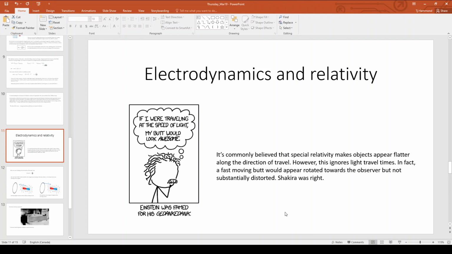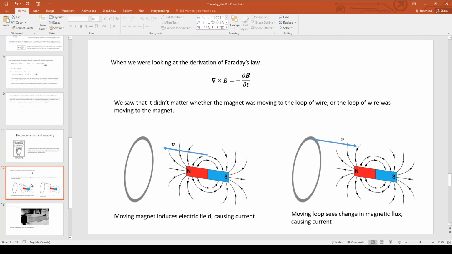Welcome back. Now we'll be moving on to electrodynamics and relativity, which is chapter 12 in the textbook. The textbook frames relativity in terms of electricity and magnetism, and the most obvious case is Faraday's